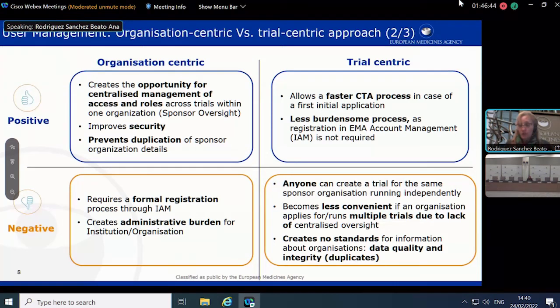In the trial-centric approach, that's not the case, and therefore users will work independently and focus on the specific trials that they created.